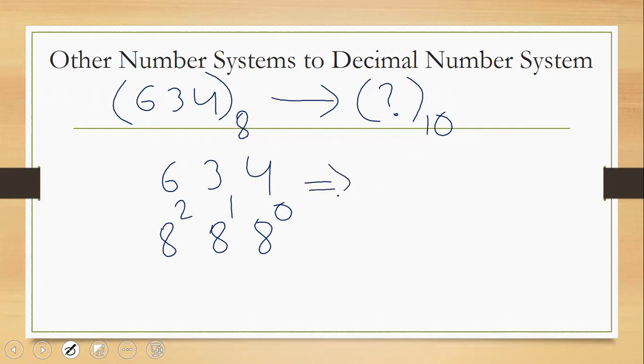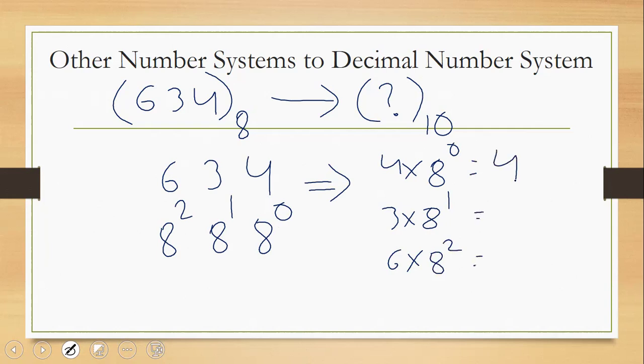Then 4 into 8 power 0, 3 into 8 power 1, 6 into 8 power 2. So this is 4, this is 24,